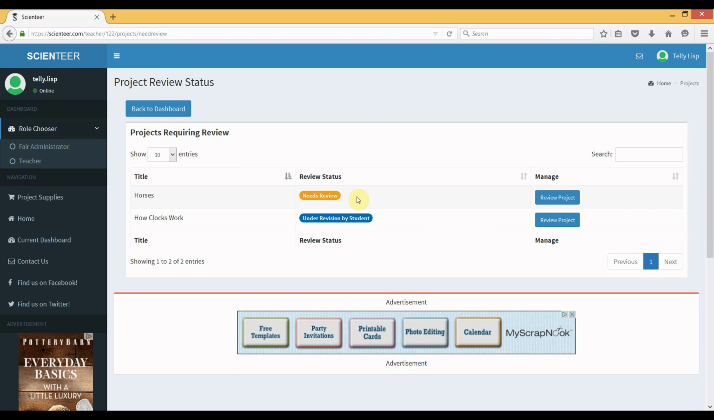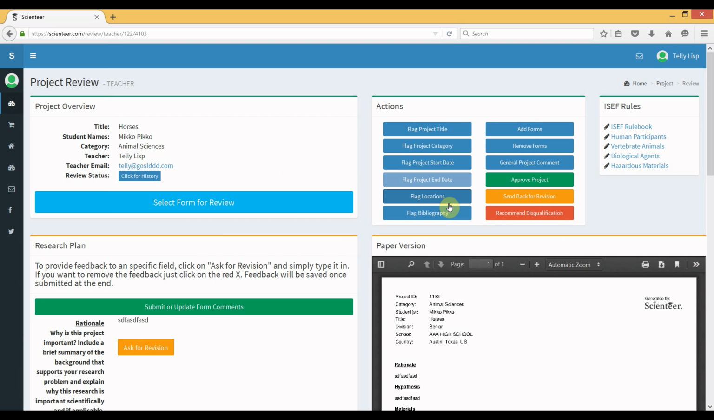Now I have a review status. I've got one project here that says it needs review, and I've got one project here which I reviewed earlier and sent back to the student for corrections. So you'll be able to see what the status is. So I'm going to go ahead and review this one that's waiting for review, and this takes us to the